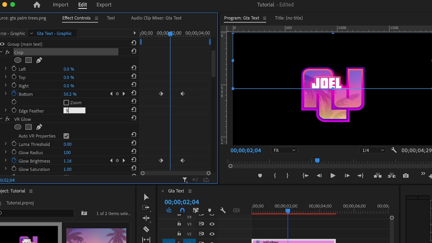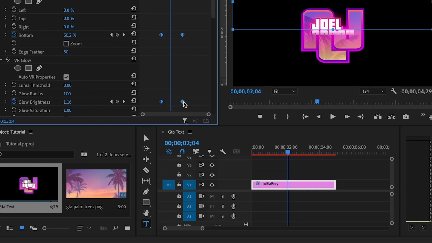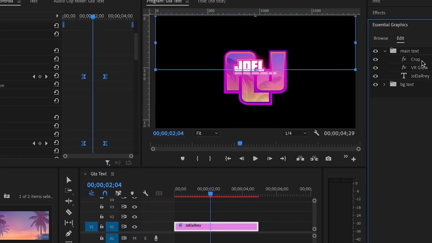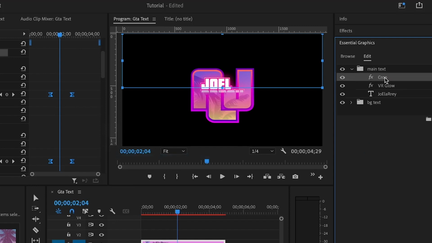So you need to set this to about 50 or lower value depending on what you're going for. Select all of these keyframes, right click and choose continuous bezier to make the animation much better and smooth. I'm going to select this crop effect and copy it by pressing Command C, that's on Mac, or Control C